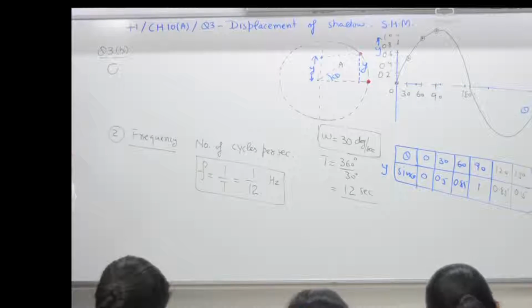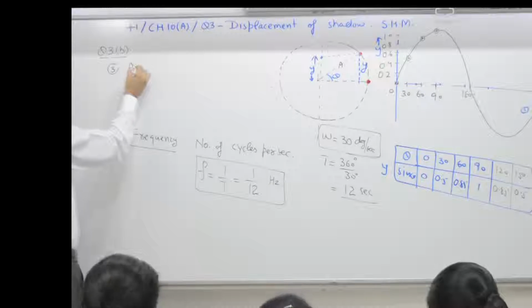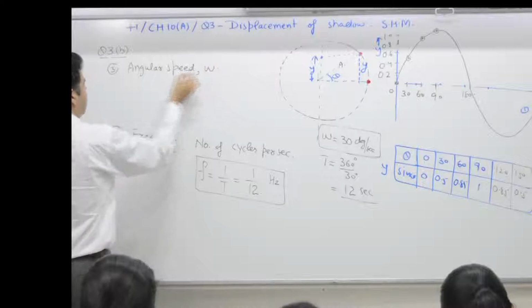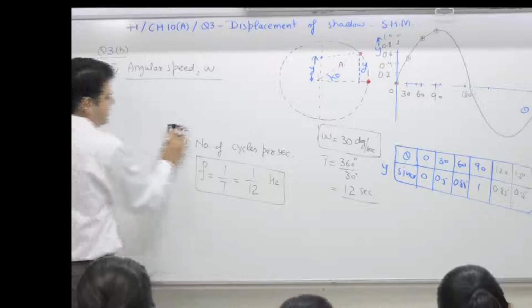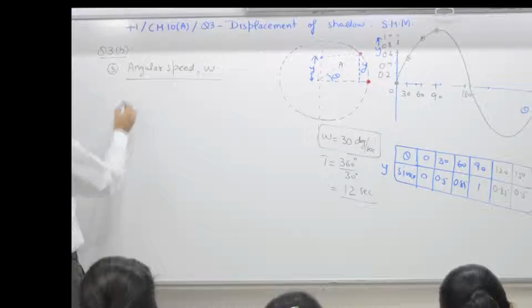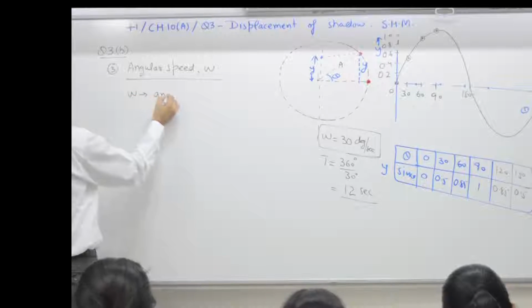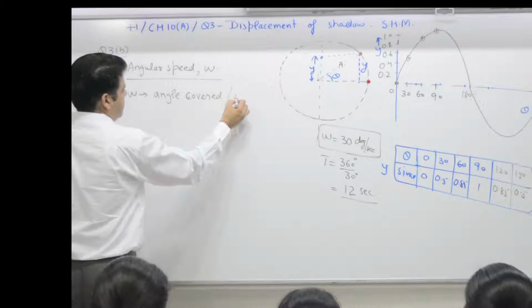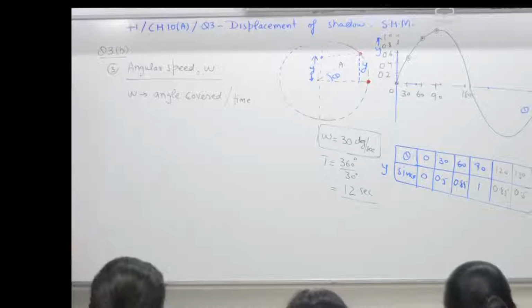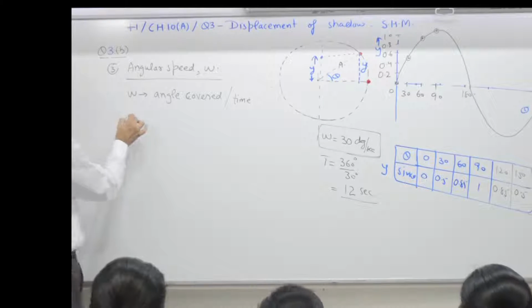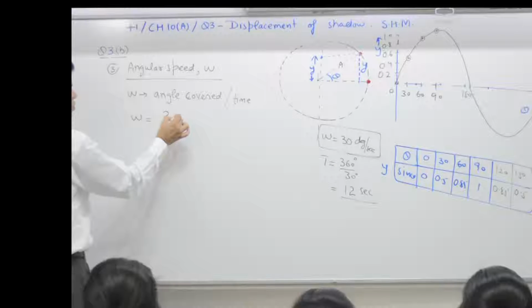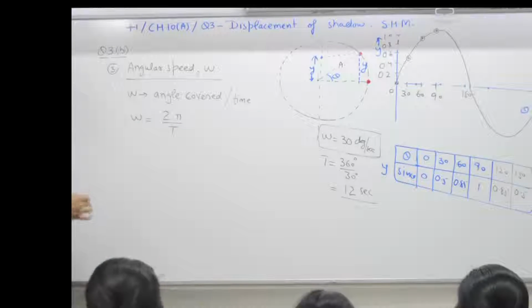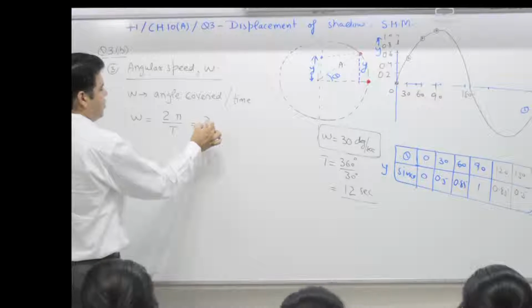Third, angular speed, omega, is what? Angle covered per unit time. What is angle covered? Total 2 pi radian. How much is the time taken? T. So 2 pi by T or 2 pi